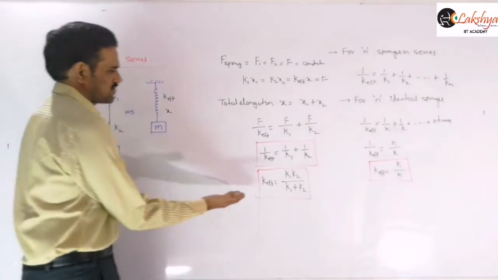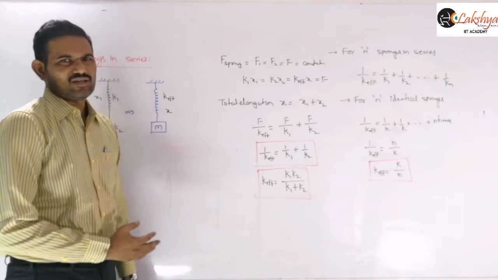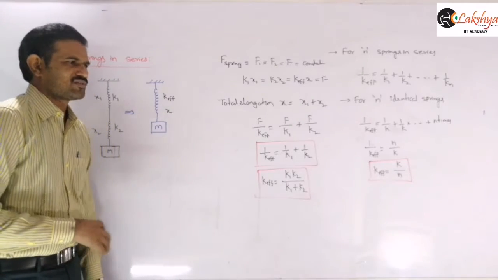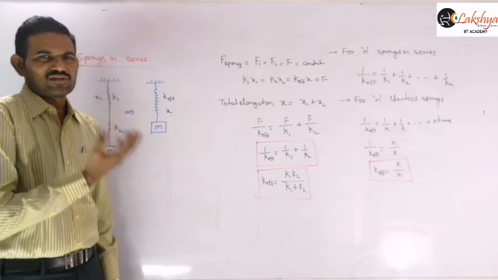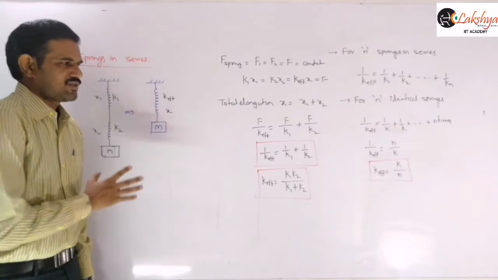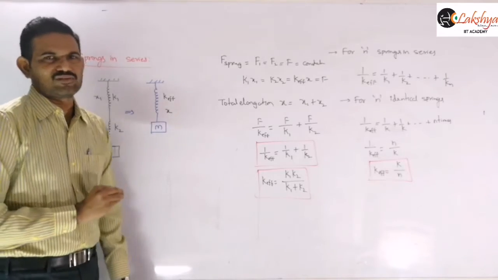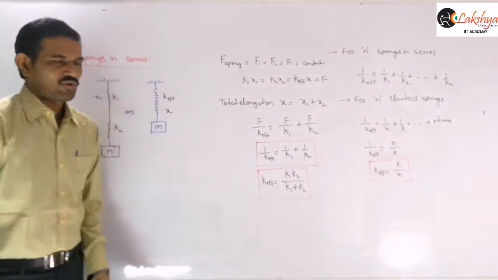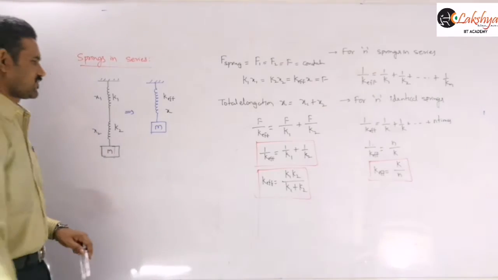For most of the cases 2 springs will be there, and in this topic there are majorly no problems based on series or parallel combinations. Some K effective calculation problems will be there, and we will discuss those later. As of now there is no problem, but you should have some idea about series and parallel combinations, because we will discuss some problems later based on this combination of the springs.